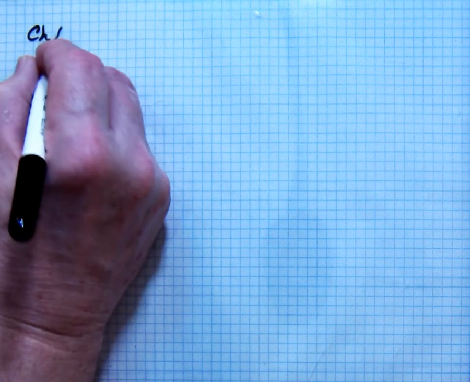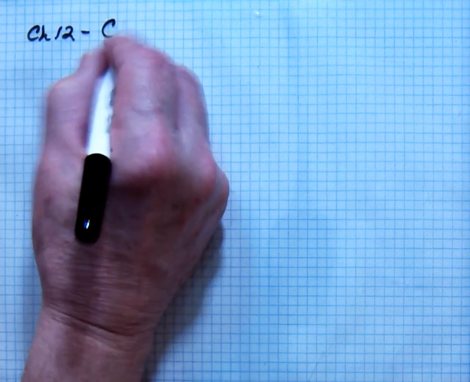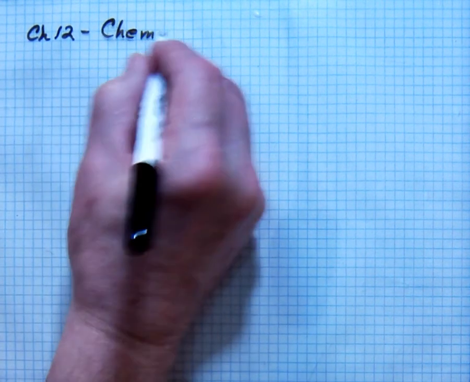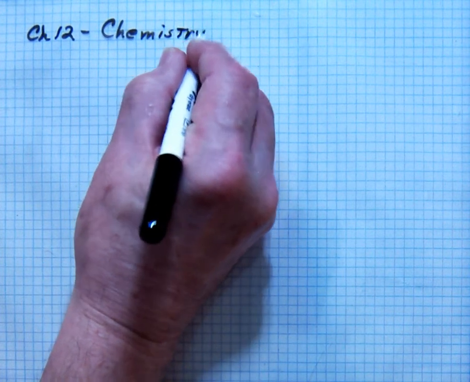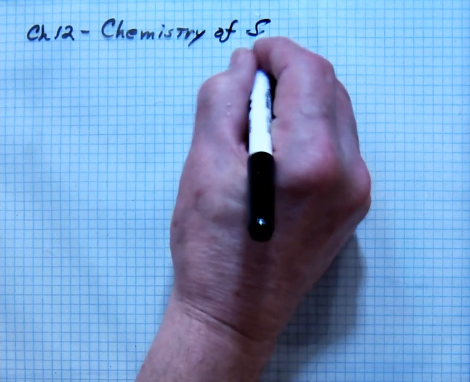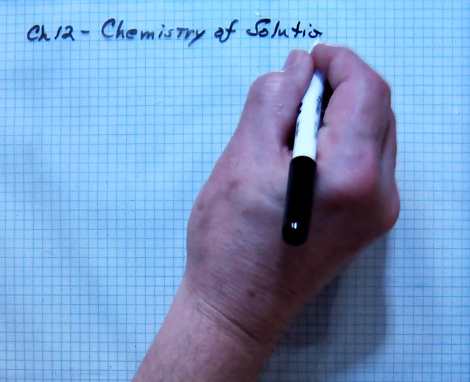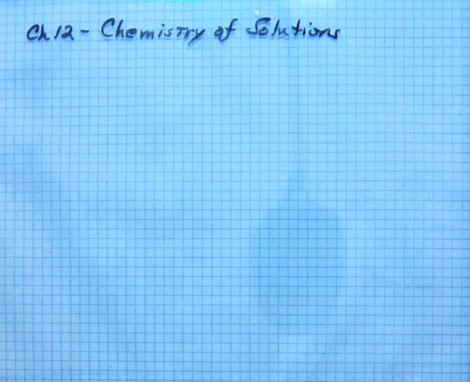Okay, so this is chapter 12, Chemistry of Solutions. And the outline you should have somewhere in your notes divides this into about 3 or 4 parts in terms of what is a solution. I think we all have a rough idea intuitively what a solution is, but we need to look at it